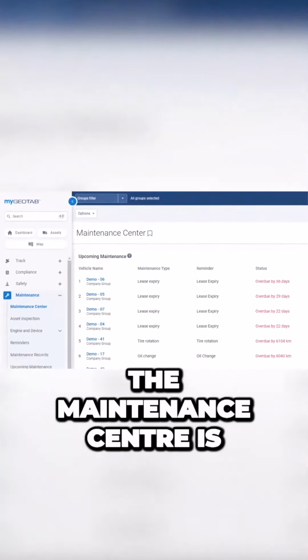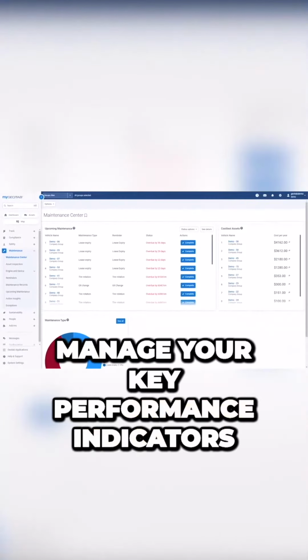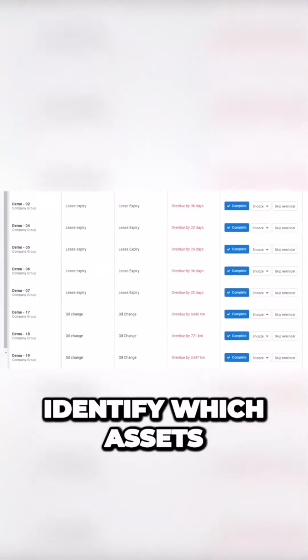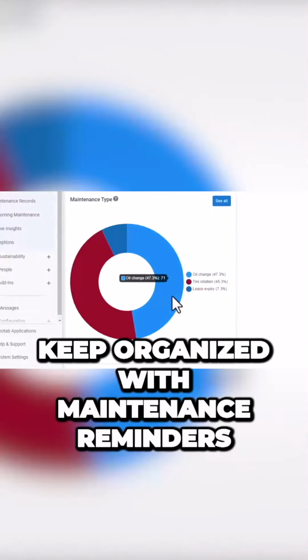The Maintenance Center is your one-stop shop to manage your key performance indicators. From here, you can stay on top of your maintenance schedule, identify which assets have the highest costs, keep organized with maintenance